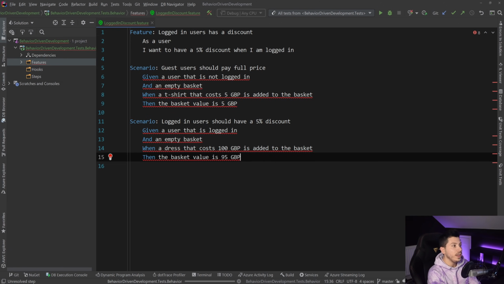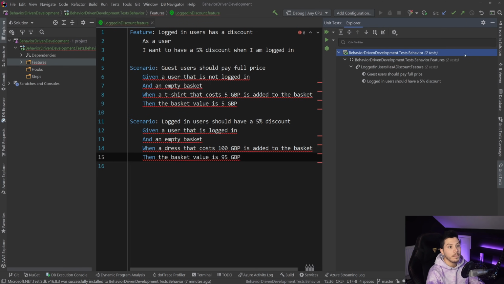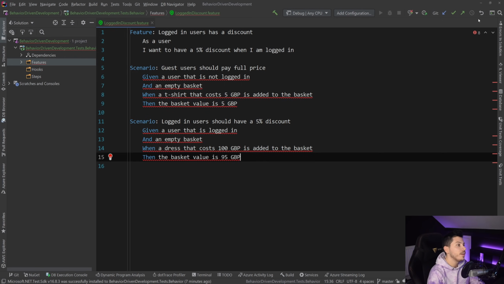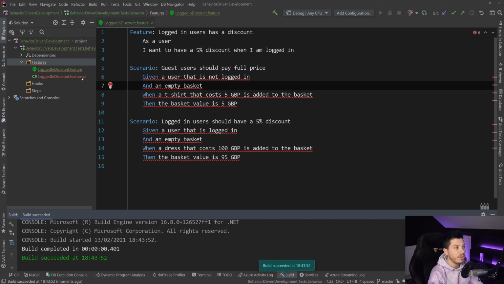So now we have our tests and we're ready to generate our steps. What you're seeing here is my automatic test running. Every time I save, I'm running my tests, and you will see that currently there are no tests to run, but when we start implementing that, you're going to see them there. So now that I have my feature, if I was to build that project, a C# file called